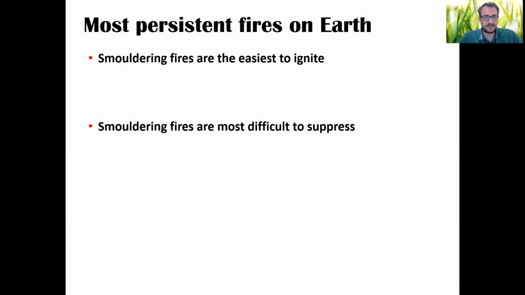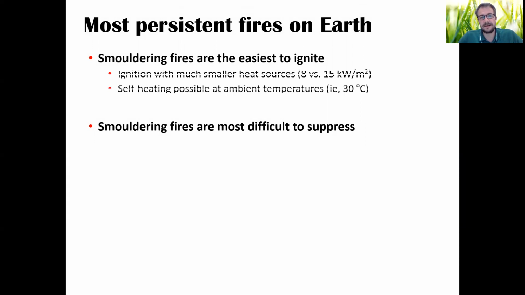One thing that we know when we put everything together is that smoldering is very easy to ignite. We can see this in the lab, we do calculations, and we see this in the field. If you have a fuel that could smolder or flame, like wood, it's much easier to initiate the process of smoldering than to initiate flaming. It needs less heat to begin with. Biomass actually has the ability to ignite at ambient temperature, a process called self-heating, which flaming cannot do, whereas smoldering becomes a shortcut for flaming. So it's easier to ignite.